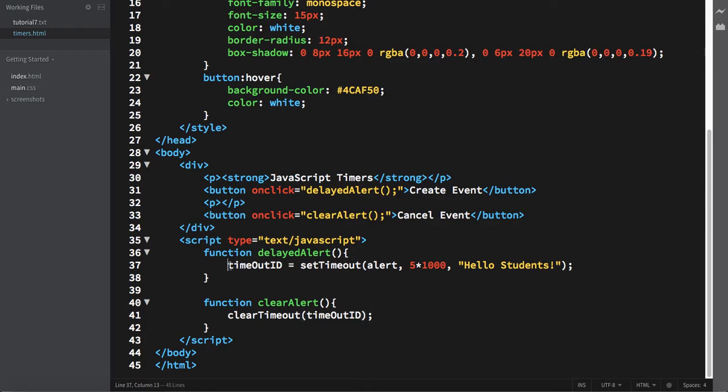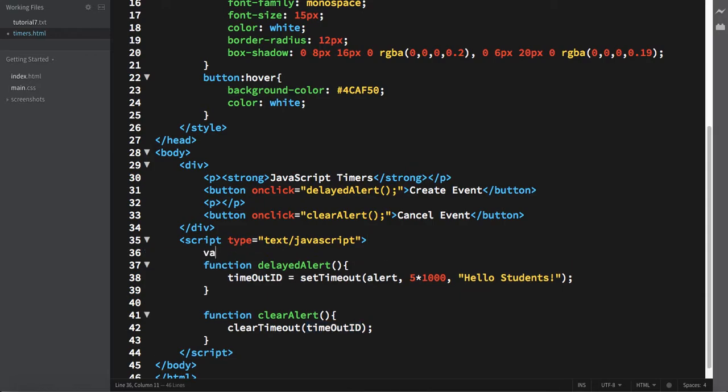If you declare timeout id inside this function delayed alert, it will be a local variable and will not be accessible here. So what we can do, we can make it global, where timeout id is declared. Now this will be accessible outside.